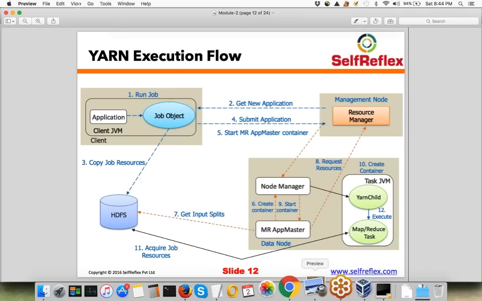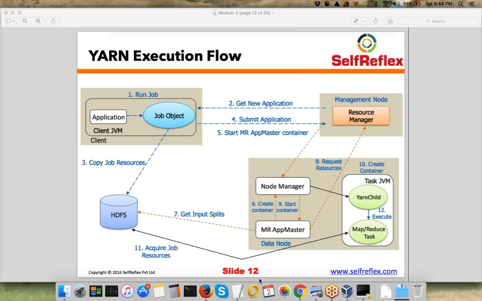Now how does that application run in this architecture? Your client prepares the application jar, and it will put that jar into HDFS, because your processes need to run on multiple nodes and you are submitting your application from one single place. Your jar, whatever code you have written to do that job, needs to be shipped to every slave node, because your code will go to that slave node and be run there itself. So your code is first copied to HDFS, because from HDFS all the nodes can copy the data.